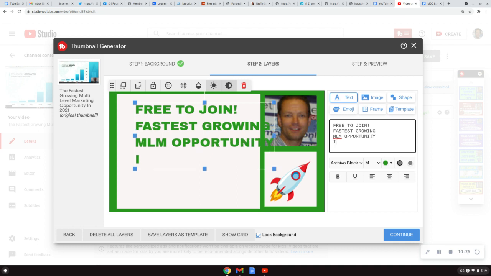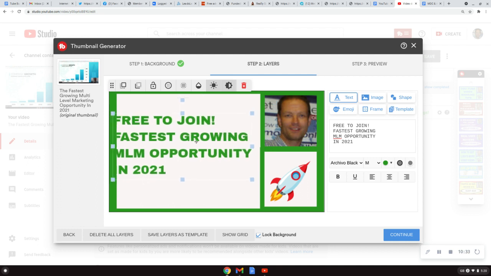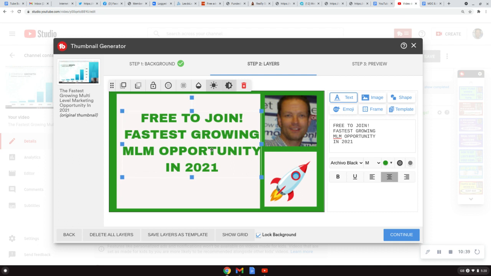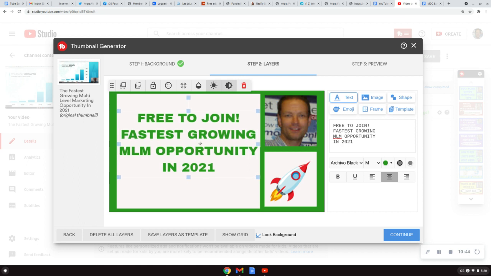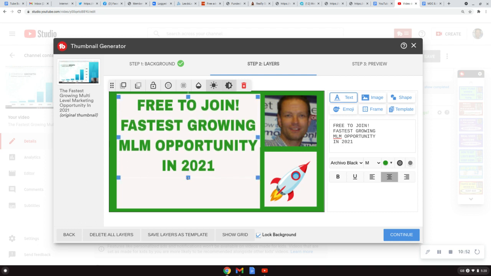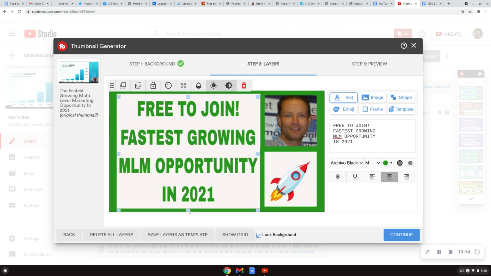Tab down again in 2021. So you'll see there that that's a little bit all over the place. So when I click on the central icon there, it brings it all nicely and centralizes all the wordage. You don't have to mess about tabbing around. All you're going to do now is centralize it there, and I'm going to drag it higher here, and I'm going to drag it down here, and there I've got a lovely